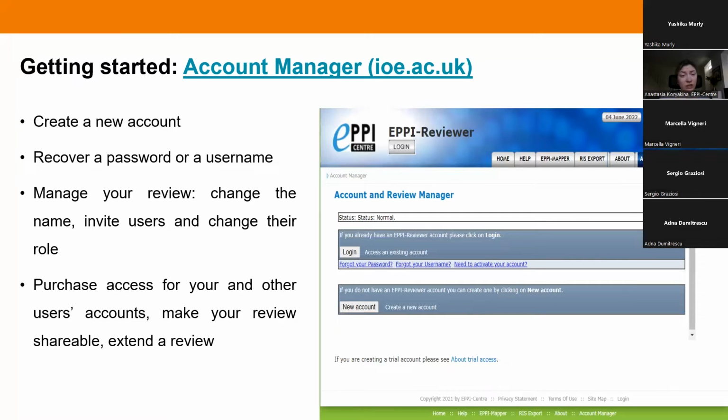Invite other users and change their roles. So in EPPI-Reviewer, you can choose how much power every user that is invited to your review can have. You can choose between 3 roles. It's the coding only, so it means that the role is limited to, well, coding, and no other changes can be made. A standard reviewer role, which gives a bit more flexibility, and the admin role that gives almost omnipotence